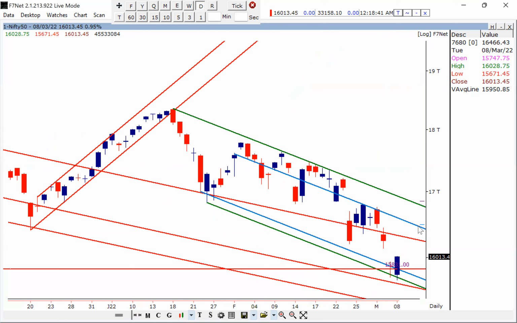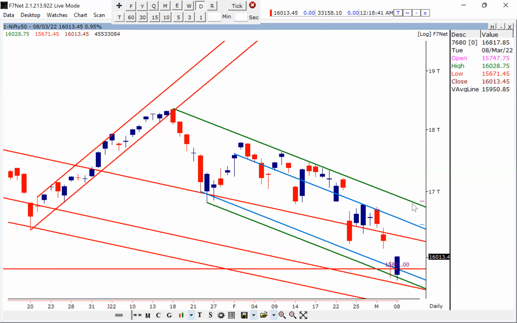There are possibilities that we will take out this resistance as well and move towards the high end, but we do not look at a price above the green channel top for the immediate swing. So either it will be 16,450 to 16,500, or at maximum 16,650